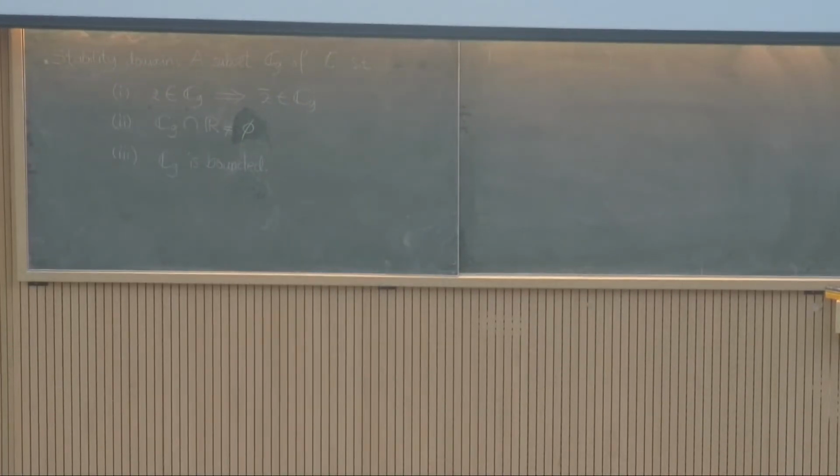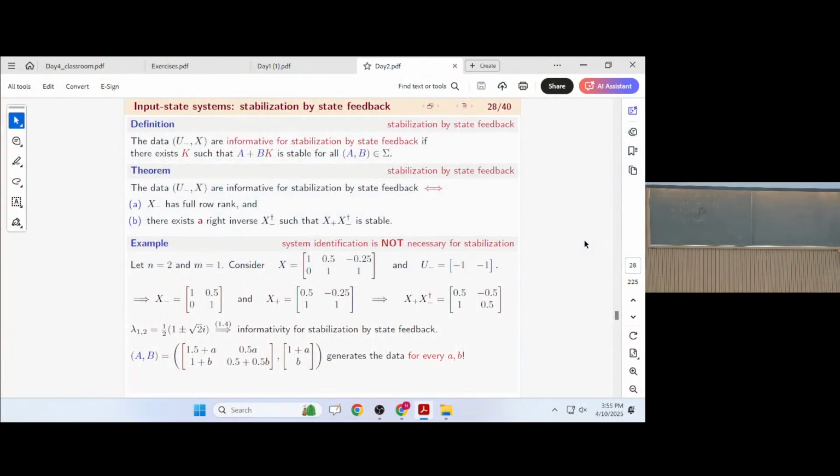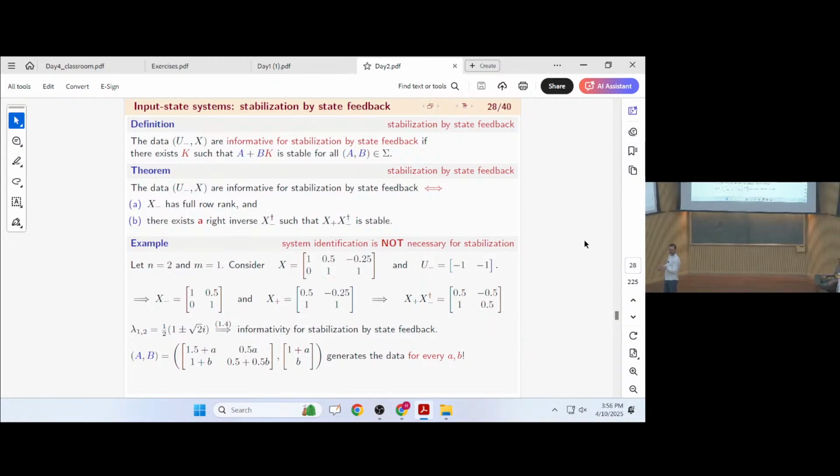So it is bounded. Now, if I want to look at stabilization, I want the eigenvalues of the closed loop system to be in the unit disk, so I can choose the unit disk as CG. Right? Which satisfies all these